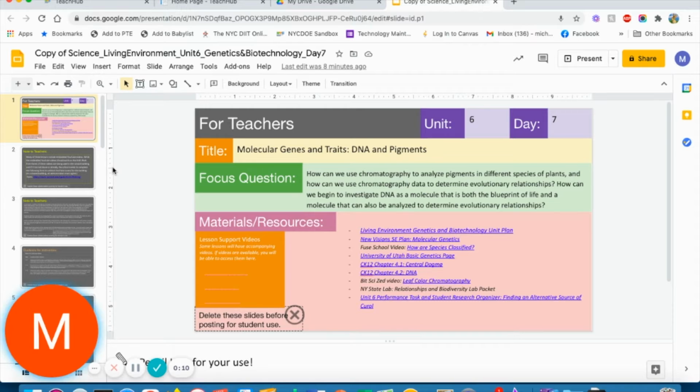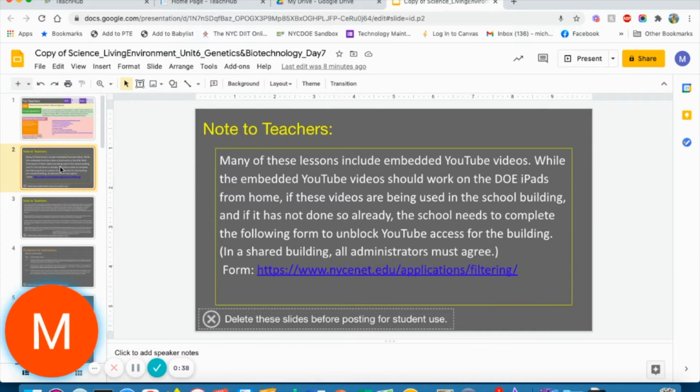So first thing we want to do is look at what these lessons consist of. So of course, you'll notice that the first couple slides are for teachers. There's a whole section of this PowerPoint that's just for teacher use, and they'll actually get deleted off before you give them to your students. So it's important that you get familiar with it. They have the focus questions, different materials and resources, the unit and the day that's on the first slide. There's also